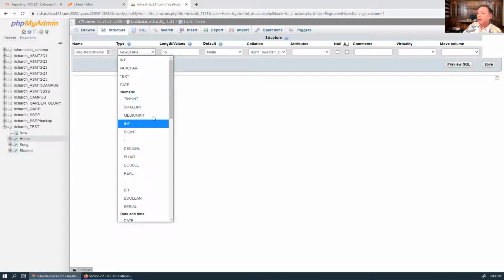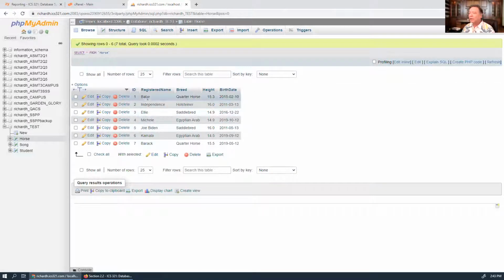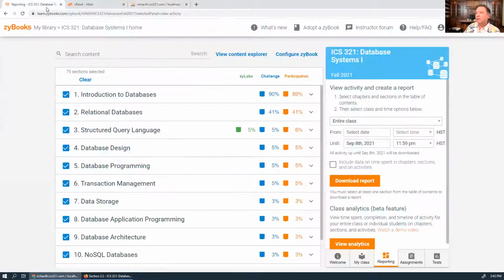And let's say I were to want to change this to an integer, okay? However, in registered name, there's a bunch of records that aren't integers, then it just won't let me do it. Okay? It will not let you do something that'll violate the integrity of the database. So anyway,